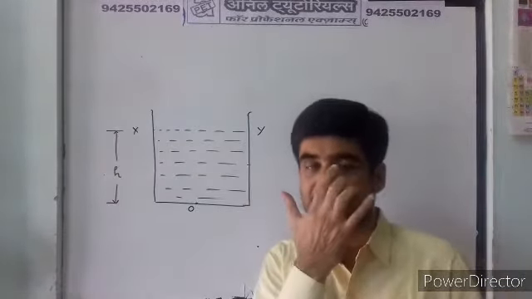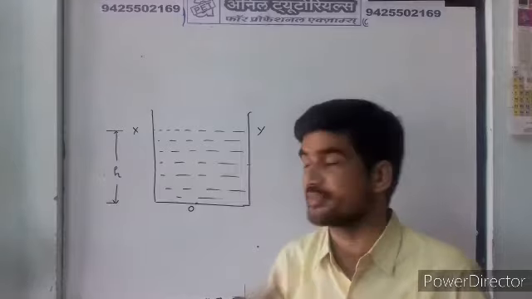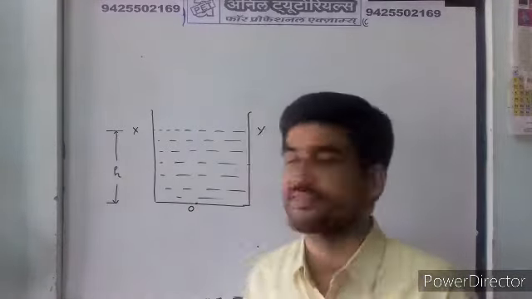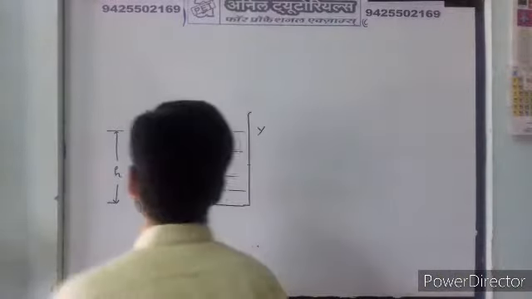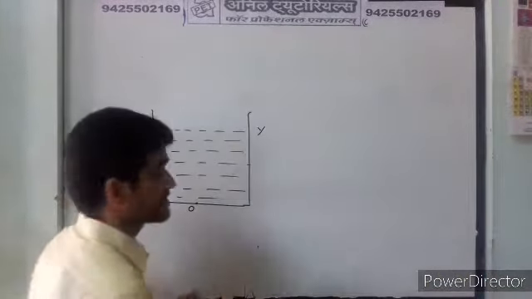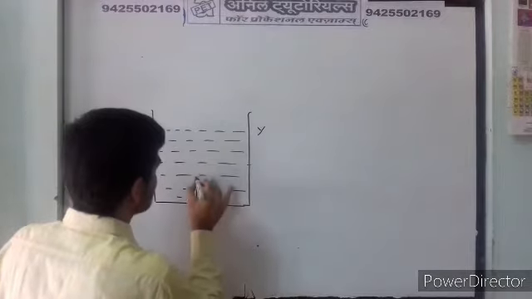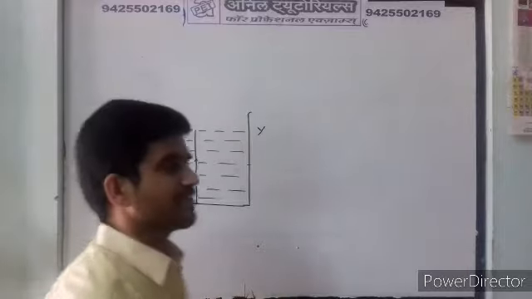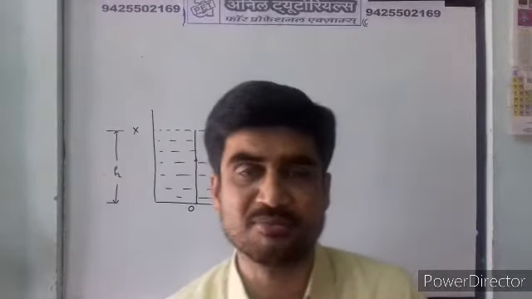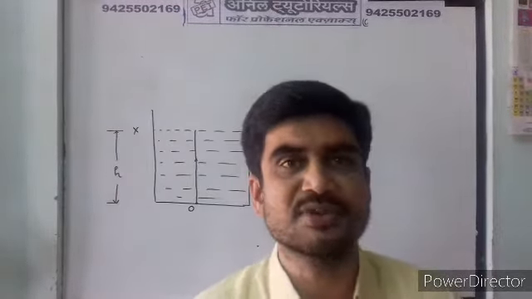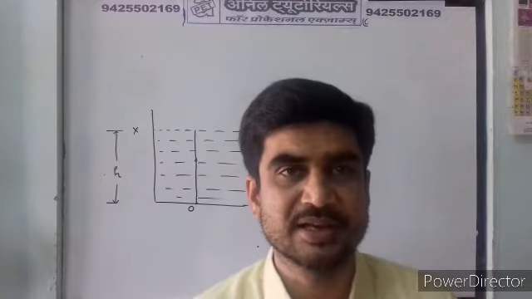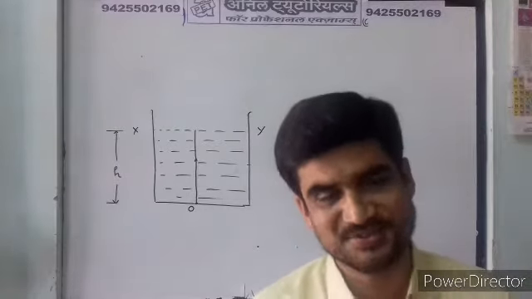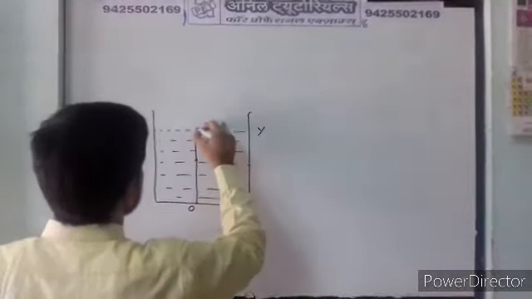Now we will consider two rays that come out from this object. One ray I will take is normal to the surface XY. So it comes like this. And you know, children, when the ray comes normal, it moves without any deviation. In the rarer medium also it travels normal to the surface XY. So it travels like this.